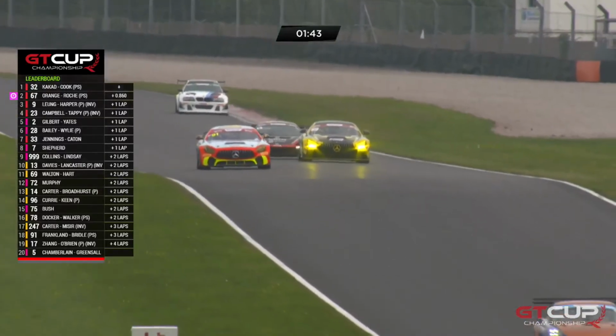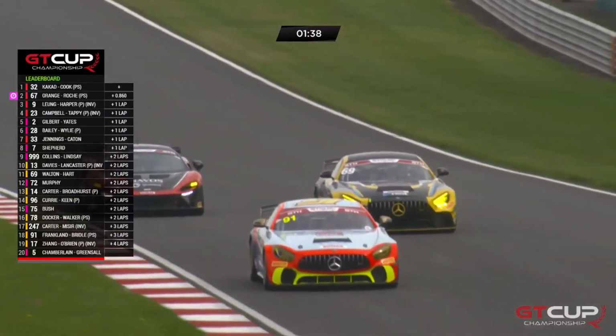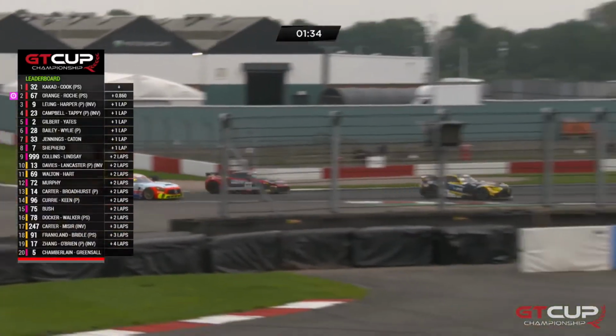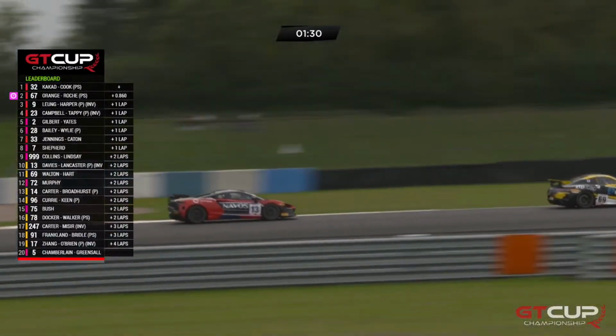No, the Mercedes hangs on. We only saw the back end of that move there, Piers, but that was real commitment from Chris Hart, but his job is not done yet. Davis was fully committed. Well, that's a great move from Chris Hart, but Davis was fully committed through Coppice, taking